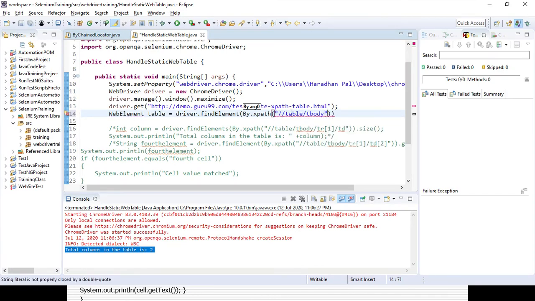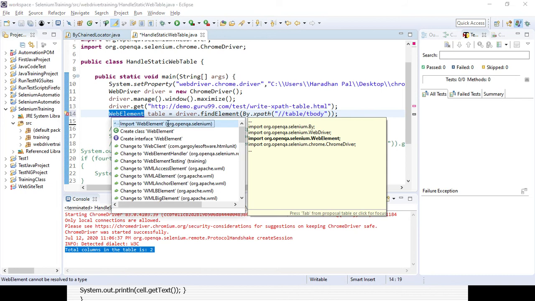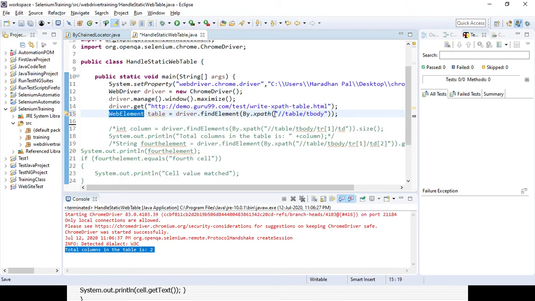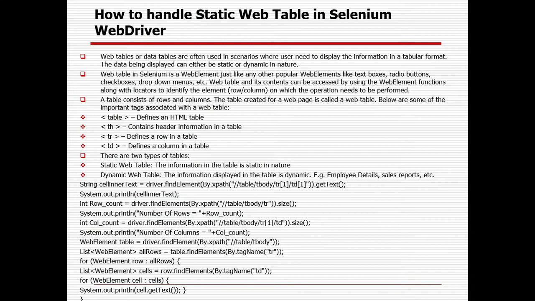Okay, so I am storing a WebElement which is the table. You need to import the WebElement class from org.openqa.selenium. Then you need to use the List interface, and you need to get all the rows by tag name, because the tag name for the row is tr, right?